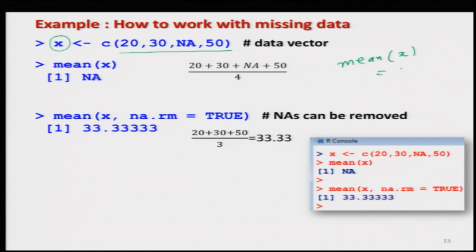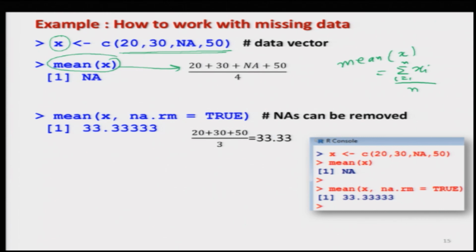It gives the sum of all values in the data vector divided by the total number of observations. So now, with the data vector 20, 30, NA and 50, if you operate the command mean on this x, it will give 20 plus 30 plus NA plus 50 divided by 4, which is NA,